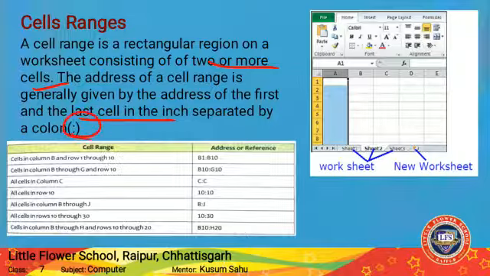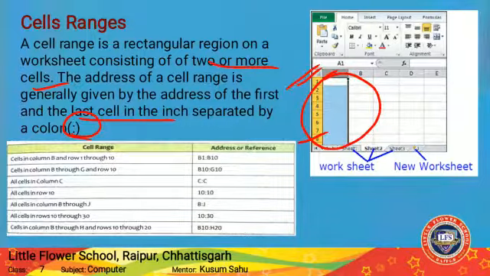Here you can see, if we represent the cell range from 1 to 8, we will represent it like this. Here you can see in the shaded portion, this is called a cell range. It starts from the first number and ends at the last number, whatever we want to end. So its range is A1 to A8.